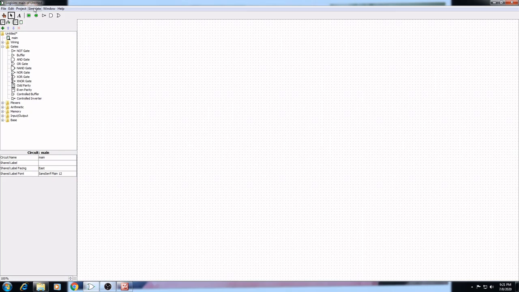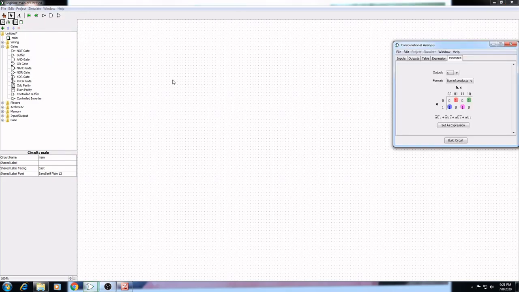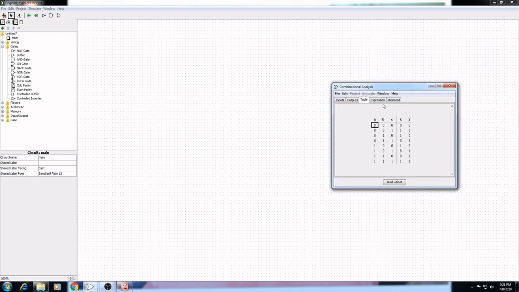Okay, so for that just go to Simulate, Windows and Combinational Analysis. Here you will see the same window that we had seen in all our previous examples.